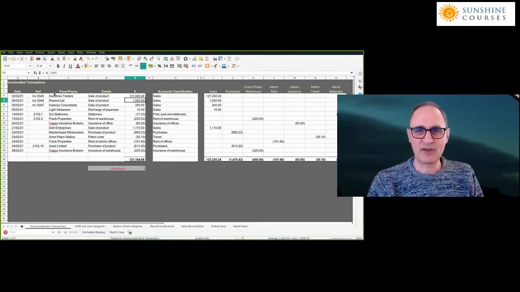I've put a wrong figure for Sunshine Traders. Look how much I think my sales are. I'm going to go off and take a holiday next month because I made so many sales. It's just, that's not correct. Those are the wrong sales. My accounts are wrong simply because my cash book is wrong. So the most significant possible